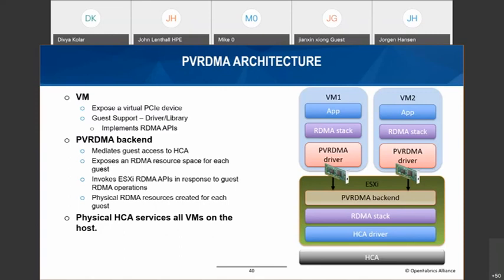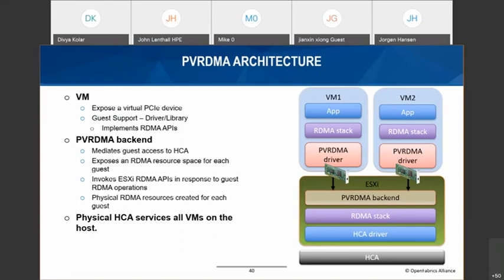So each VM has the concept of a dedicated RDMA device that it can use for RDMA communication. Underneath in the hypervisor, we map these virtual devices onto physical RDMA resources, and currently this is RoCE-based